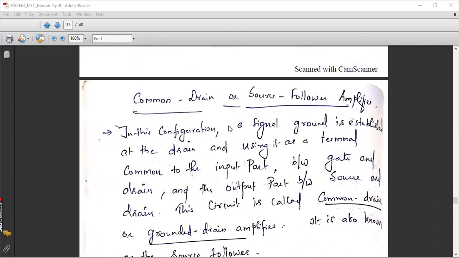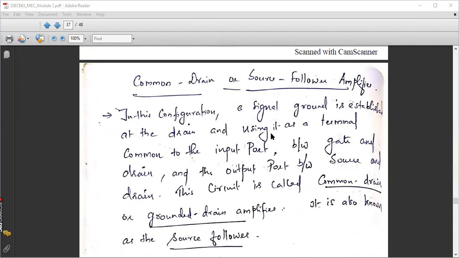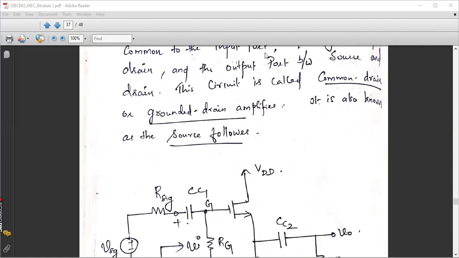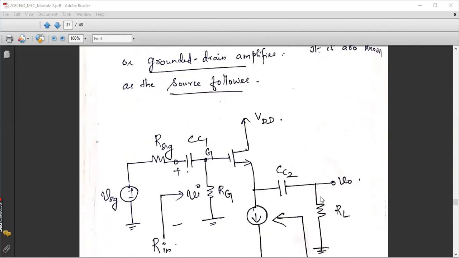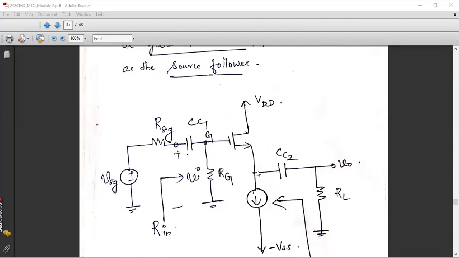Yesterday we were discussing the common drain amplifier, otherwise called the source follower. Let us have a revision, once again, of how we can derive those performance parameters of a source follower. Why is this configuration called source follower? Because we are taking the output across the source. The output is following the source terminal, as you can see in the circuit diagram. The output follows the source, which is almost equal to your input. So you can say that this is a unity gain amplifier. We will not expect high gain for such types of configurations.